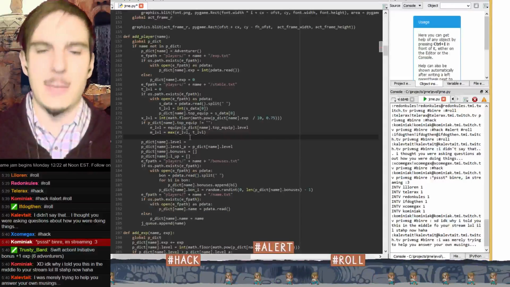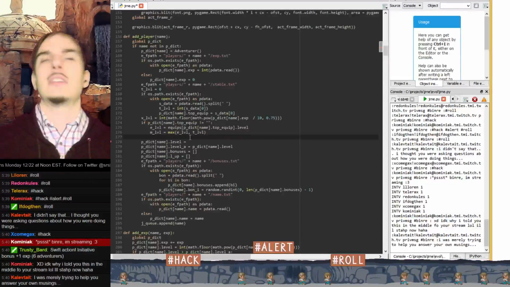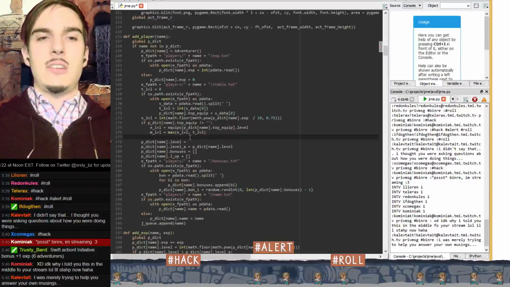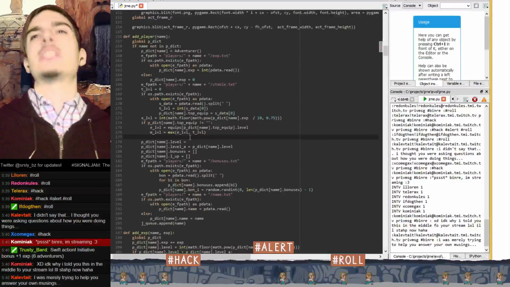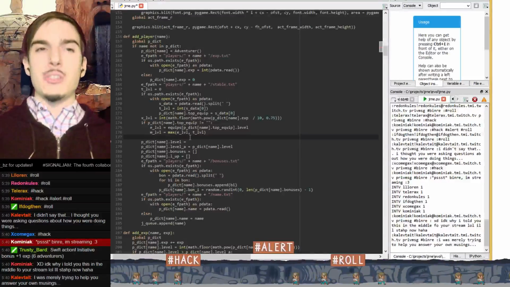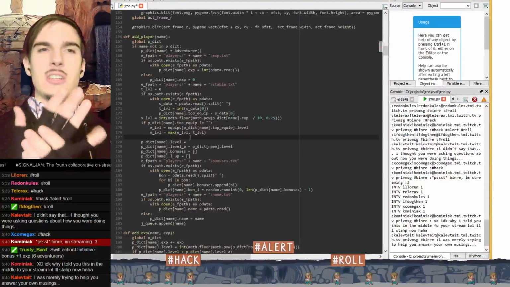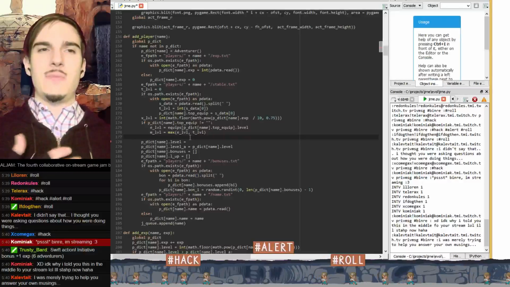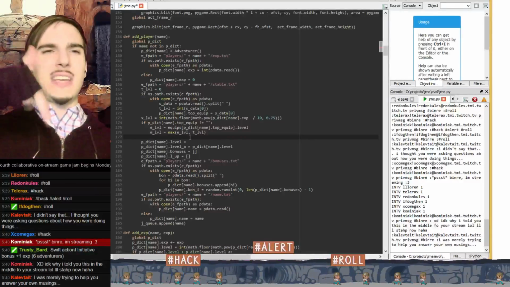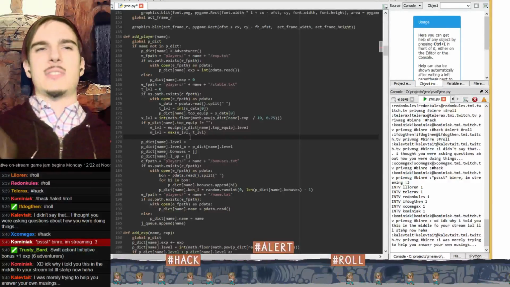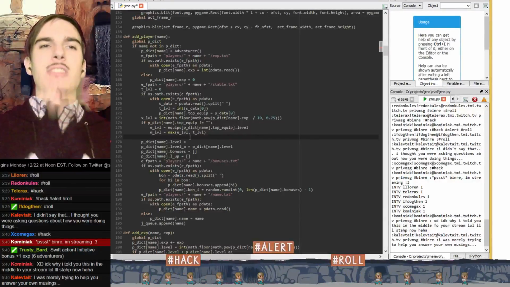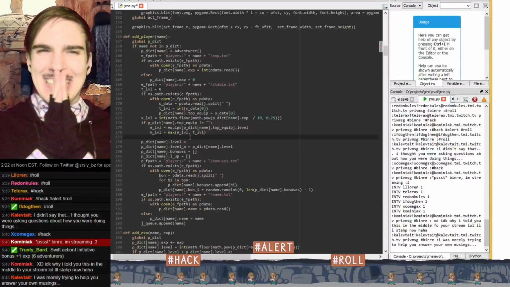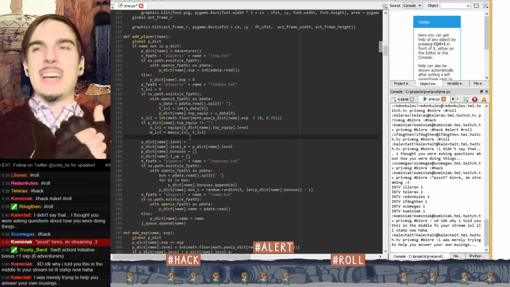So we have max level. We know what the effective level of this character should be. Oh yeah, I mentioned this sometimes: my rhetorical questions are literally rhetorical questions. I'm literally asking myself. I should put that in the little text that scrolls here, because that's something I have to explain a lot. I'm literally not asking questions. So sorry if that's confusing, but